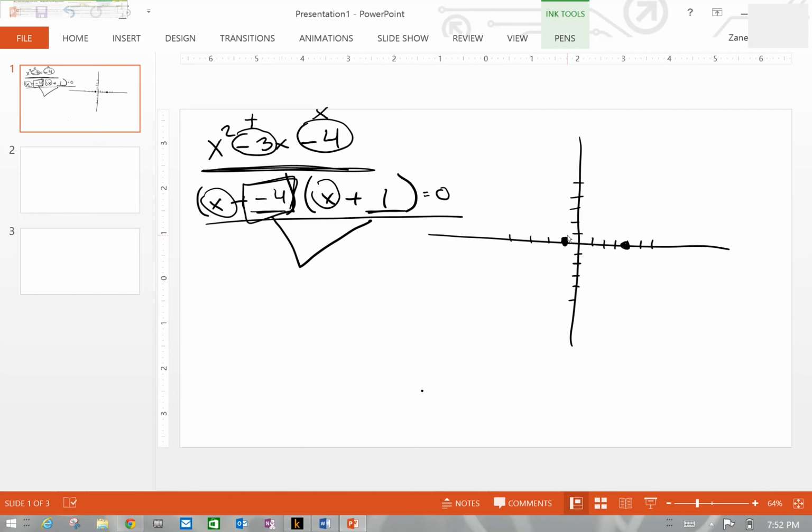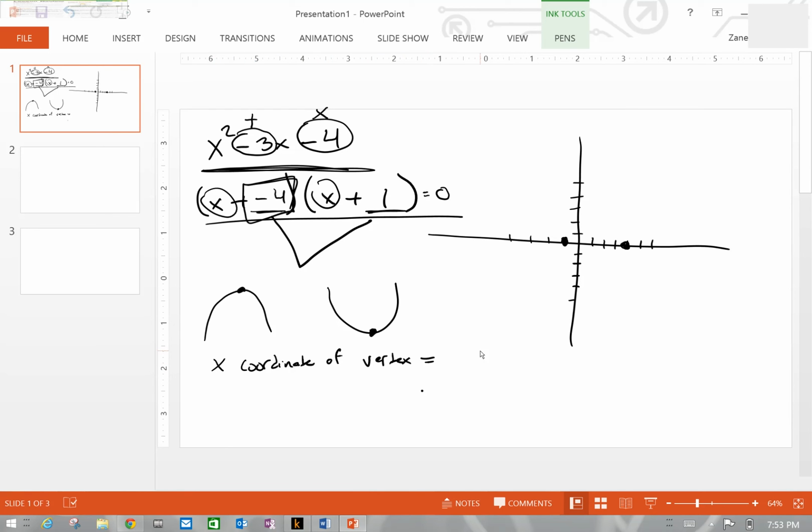Now, we've got where our parabola is going to cross the x-axis, but remember, parabolas also have a vertex, or in other words, a peak to them or a trough to them. So we're talking about the minimum or the maximum point on the parabola. Okay, we need to figure that out to be able to complete this drawing. Okay, so I'm going to show you a little simple formula to figure out the coordinates of the vertex. Okay, first things first, x coordinate of the vertex,